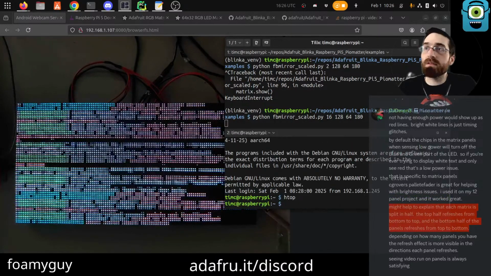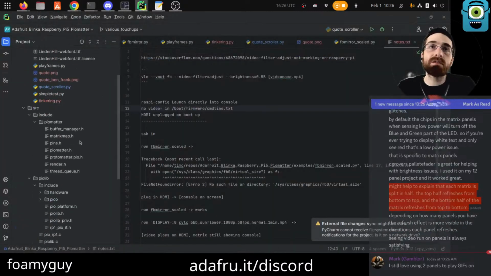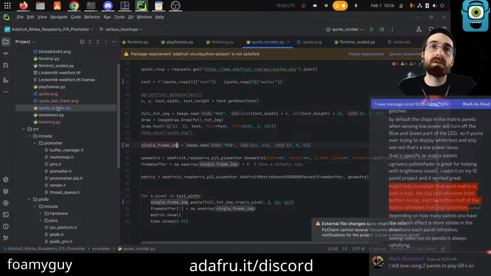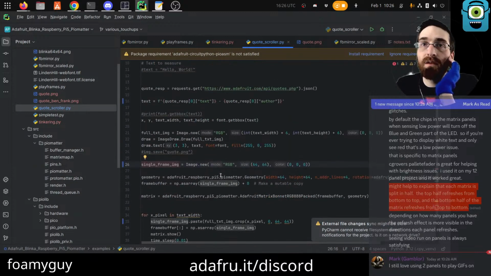Start here. I know we're getting a ways into the stream, and I am going to start working on some stuff here in a bit, but I have obviously quite a bit to show off as well. One of the other examples is this one. Quote scroller. So I will say this is currently set up for a different size screen. Let's see what changes we need to this word.